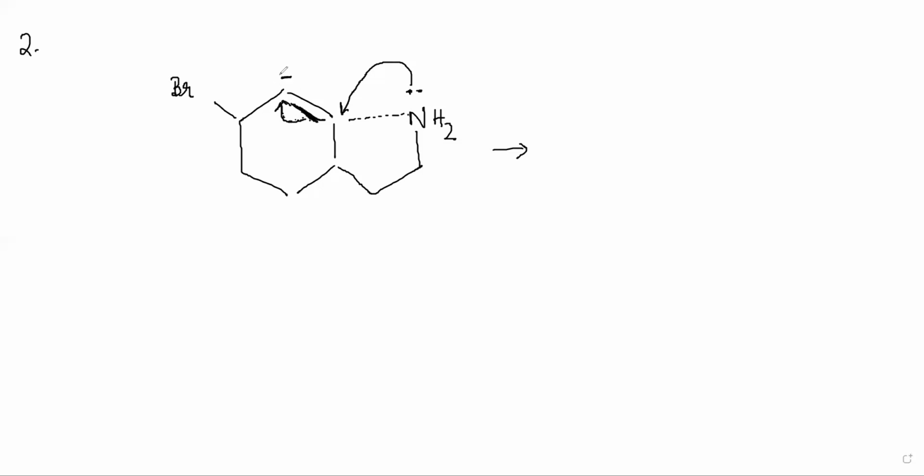But again, this can form a bond here and this Br minus can come out, right? So what can happen? Well, we'll just write it like this. There is an NH2 now, and this like this, then like this, and then like this, right?